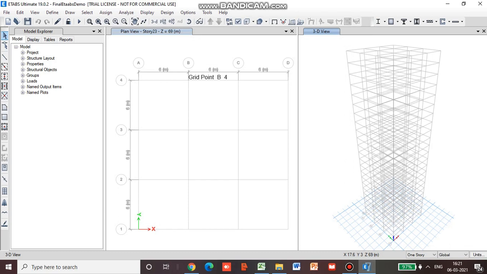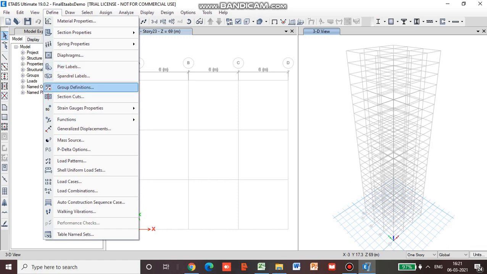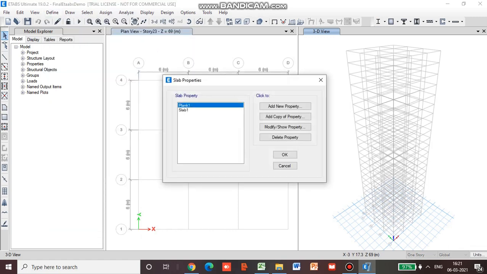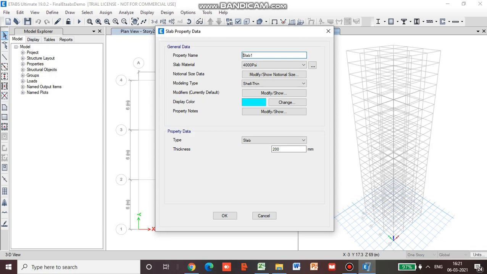Now the next step is we are going to define the slab. So we will go for define section properties and slab section. So you go to slab 1 and modify show property. Here the slab material, since we are using M40 for the whole building, we will select it as M40.